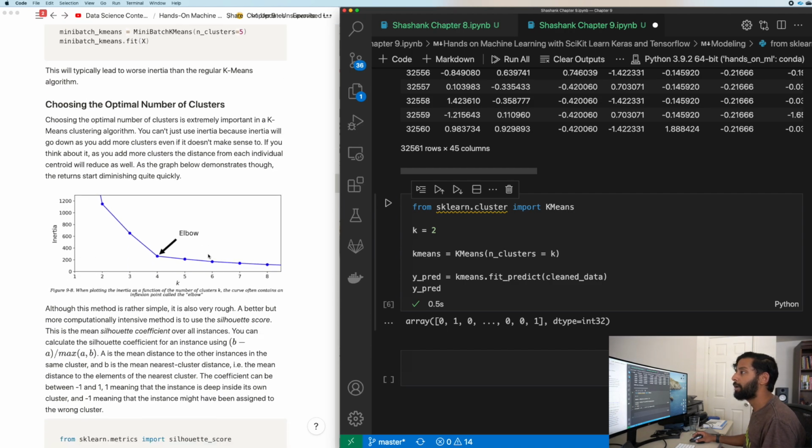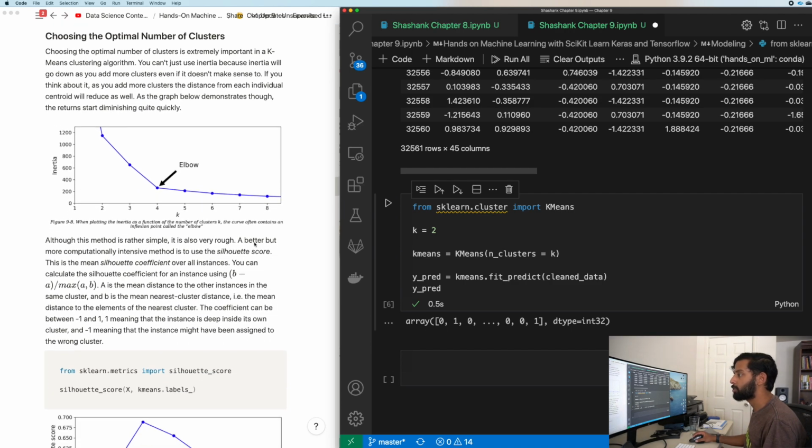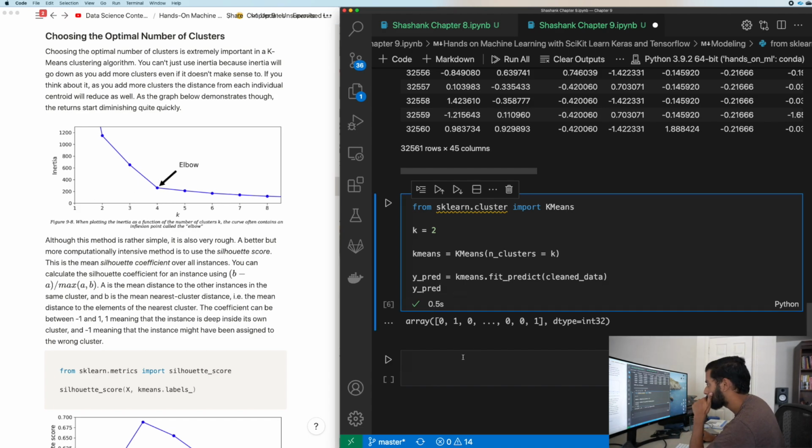But the next thing let's talk about is, how do we choose the optimal number of clusters? We can use the elbow method, which is kind of like we talked about earlier, where you are trying to find where you get diminishing returns with each cluster. As you can see, this graph has K, which is the number of clusters, and inertia, which is one metric to determine how well clustered your data is. There is a better metric we'll use in a second, but let's just see if we can do this.